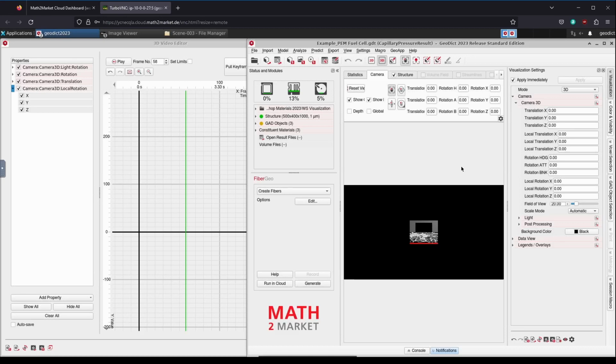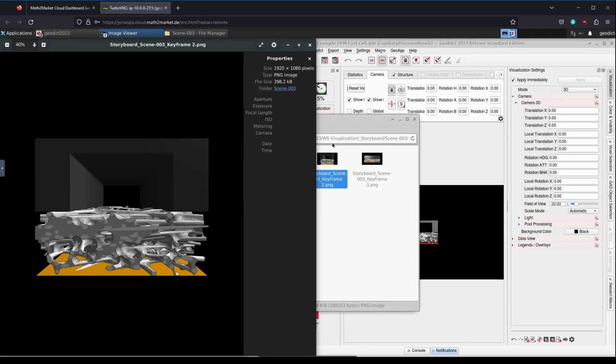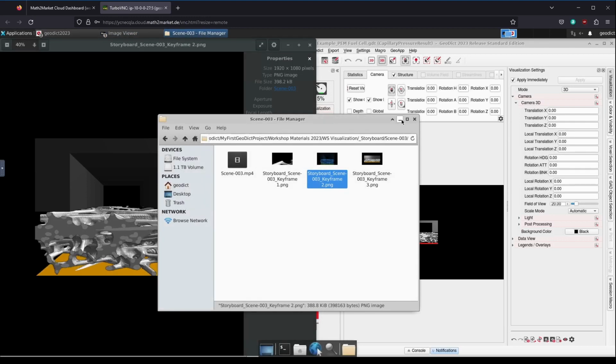We will start with the first keyframe we want to block. We are not starting at time 0 though, because we have no visual reference at frame 0 to set the camera correctly. That's why we are starting at the second point in time after the fly-through of the float channel, right before the turn. In the storyboard folder of the scene, we can open the corresponding image to orient ourselves.